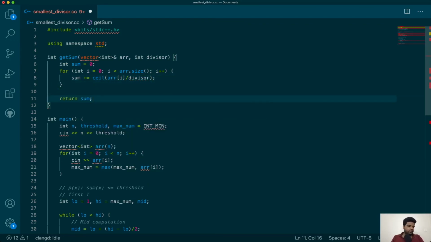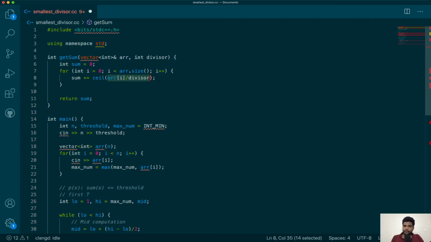Now there is one more issue here, which is if you divide two integers, you are bound to get an integer as the answer. This is just a C++ artifact. For instance, if you divide 7 by 3 and both are integers, it will give you a 2. Then the ceiling of that will also be 2. But we want it to give us 2.333, so that when I take the ceiling of it, it gives me a 3.